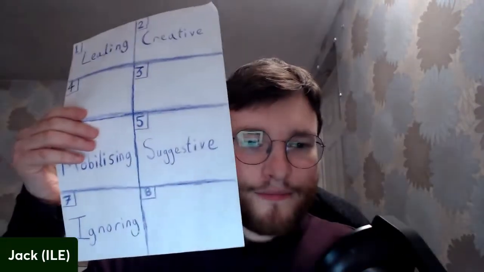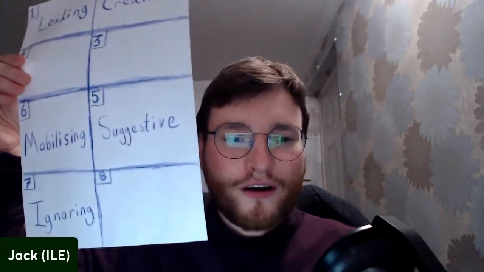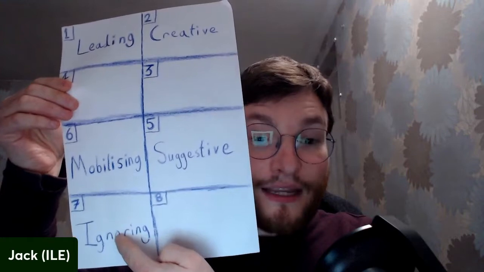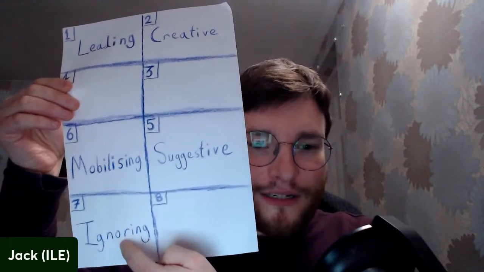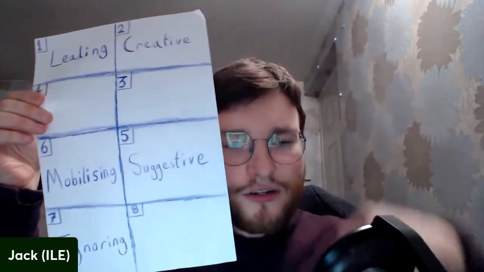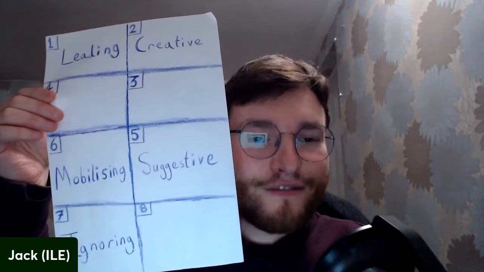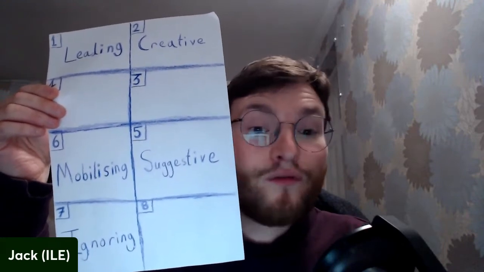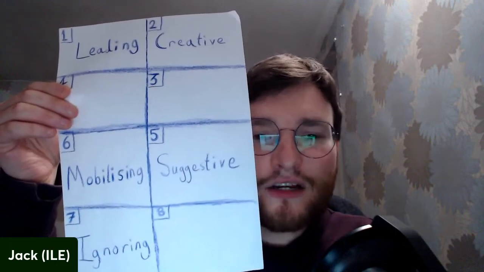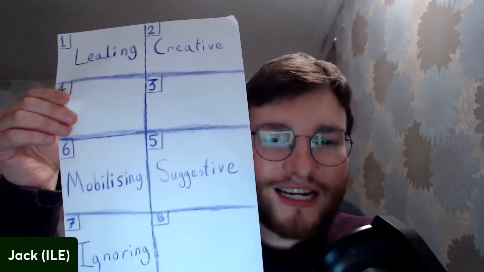So as you see here, we've been filling this in as we go along. The ignoring function, right, is number 7 in our model. So that puts it essentially as the inverse of the leading function. Right, that's the point of it, it is the inverse of the leading function. It's on the left side rather than the right. So that means it is a stubborn function. I would call it intransigent in its nature.